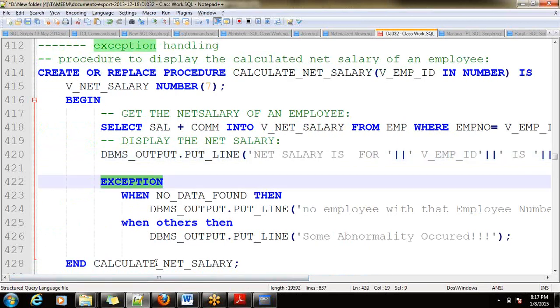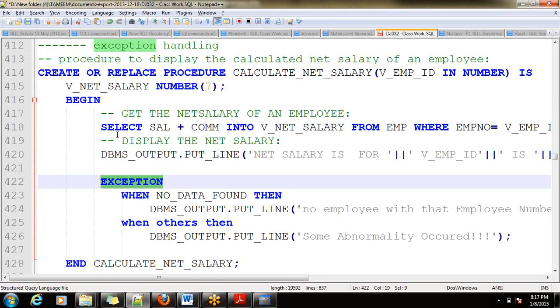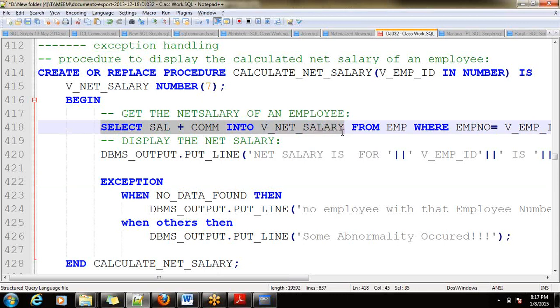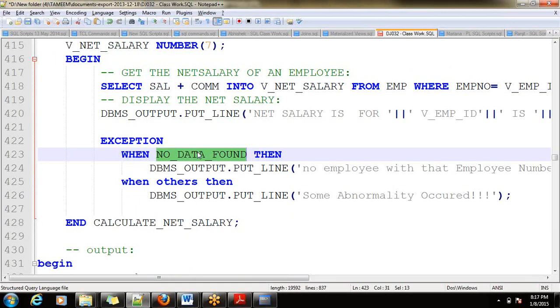Now I am going to address some exception here. Exception when my select query, which is computing the net salary and putting it into a variable, is returning no data, it means my select query is not giving any data. So no data found is an exception name, an already available Oracle defined inbuilt exception.